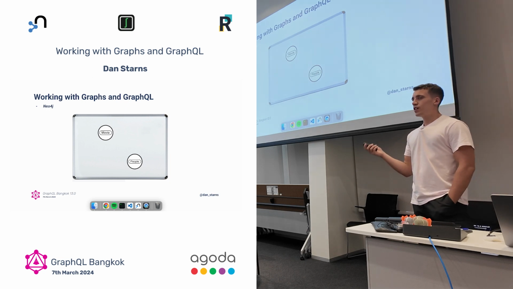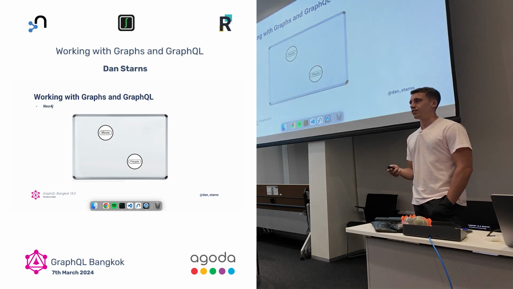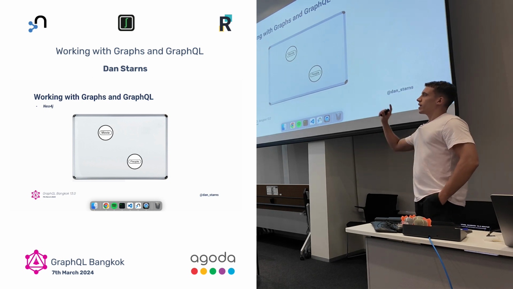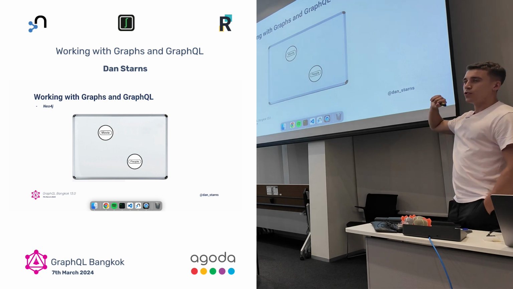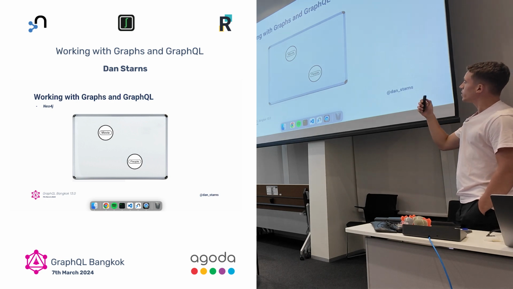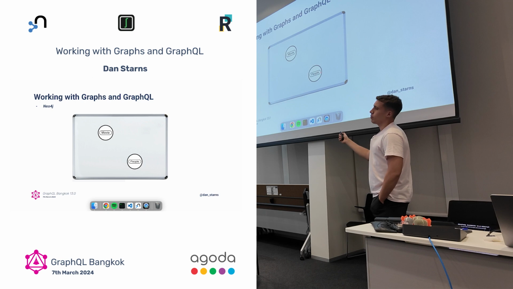So Neo4j is a graph. Completely different to how you use SQL databases, relational. Here we have nodes. So you can think of these as tables in a relational world. So we have a movie table. Can I use a pointer? Oh, yeah, we have a movie table and a persons table.